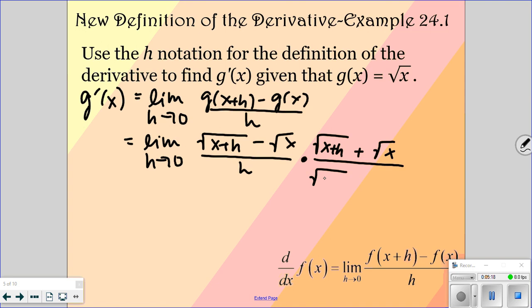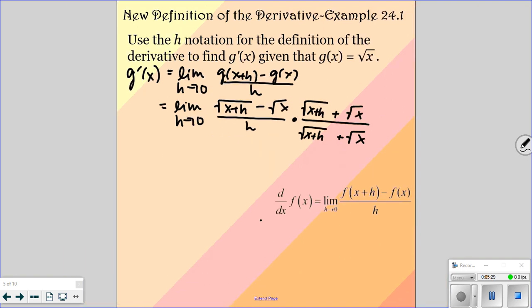So the conjugate, everything's the same except for the sign in between the two terms. And so that's a little trick that you probably wouldn't necessarily think of off the top of your head, but that's how you're going to work through this one. All right, so we're going to do